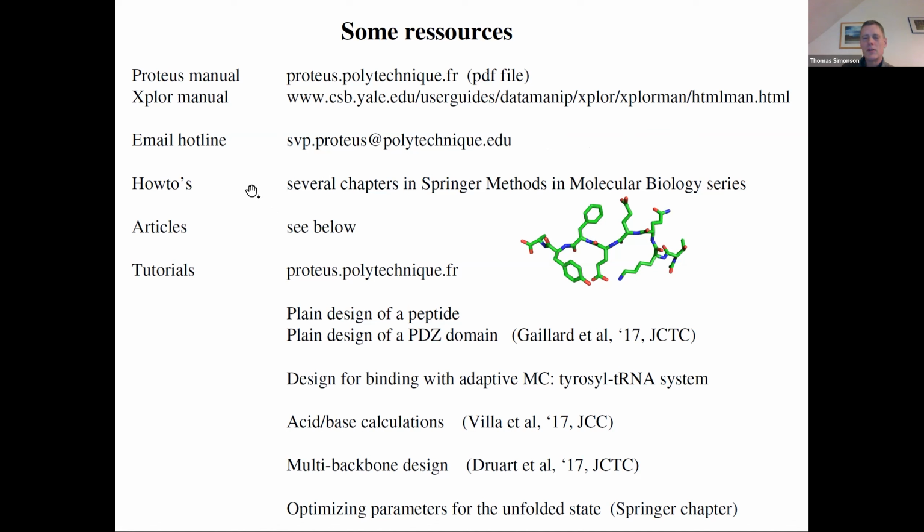And there are a lot of publications. There are a few chapters in this how-to series. These books have how-to chapters, and we've got a couple of those. I have some articles I list at the end, and then there are the tutorials. We've got a pretty big set of tutorials, which are, again,